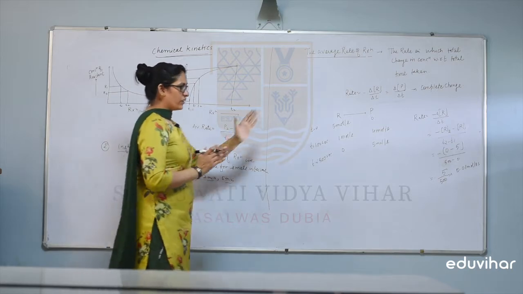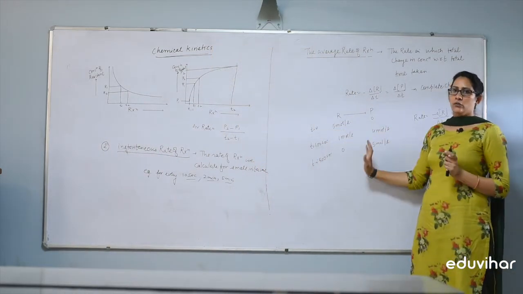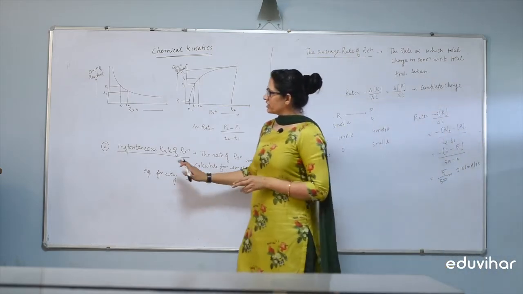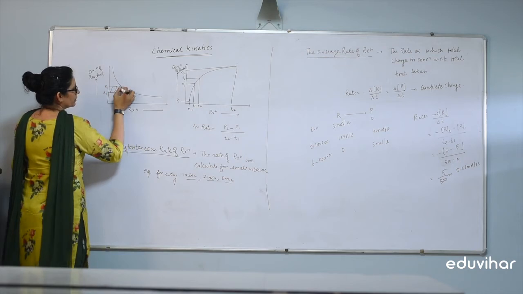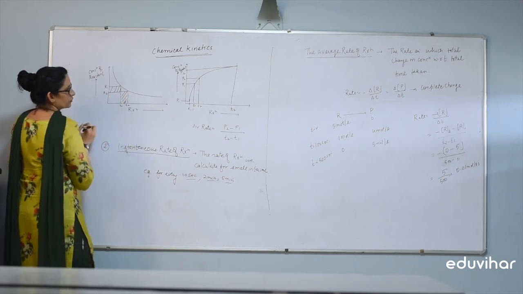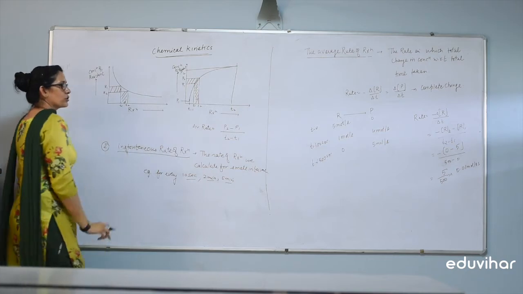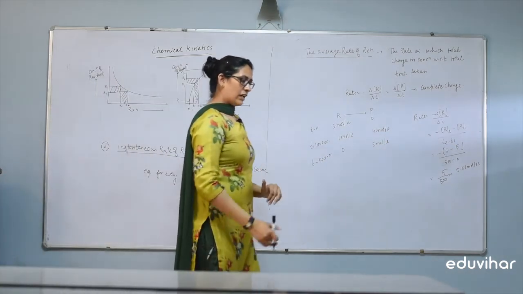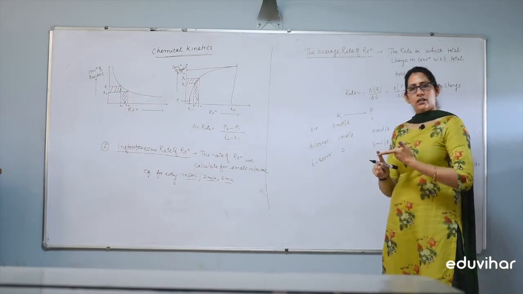First, the average rate is calculated for the whole interval of time, in terms of initial and final. But instantaneous rate is considered for the small intervals. For example, in this case, we calculated for the small interval. So the rate of reaction can be calculated in these terms. We discussed up to this point the rate of reaction.